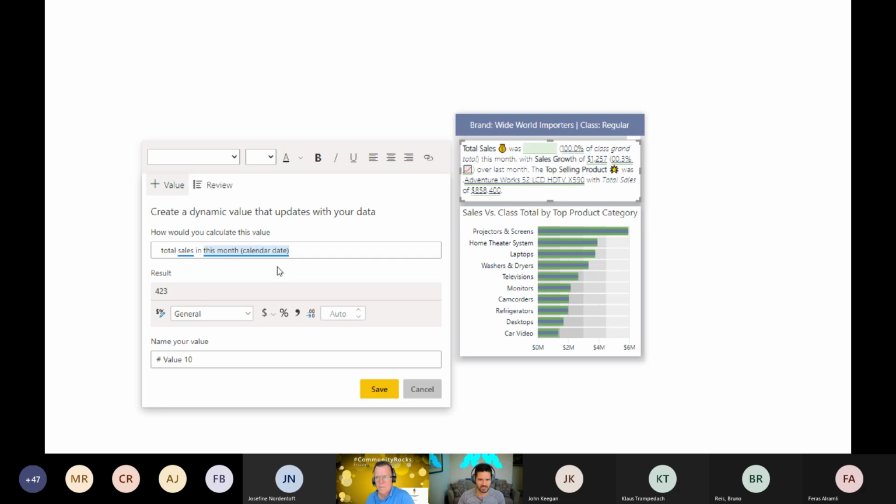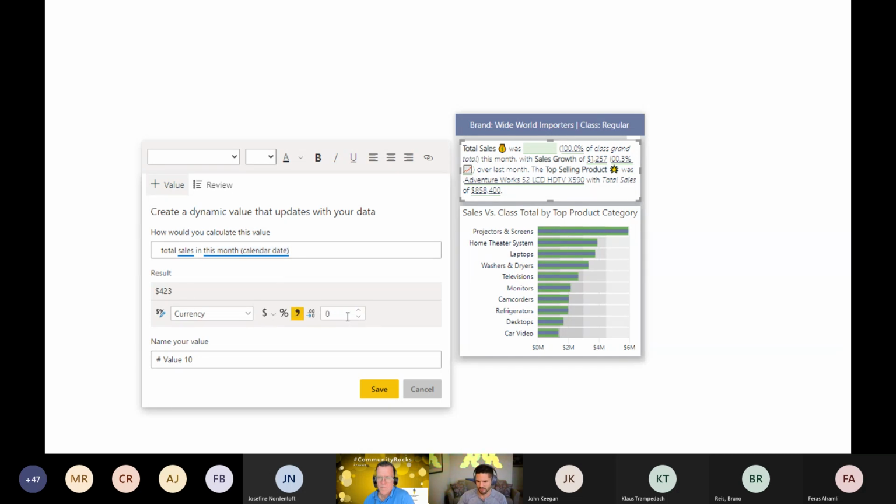And I'll play devil's advocate to say both and. If you create it in here, you're not going to have a measure to reuse again for this month. So if it is something that you would actually use more than once, where, just as an example here, I need sales in the current month, I would probably suggest just creating a measure in your model that is current month sales. That way you can reuse it again as a best modeling practice. But I'm just showing you that you can apply with Q&A additional filters to a calculation that can then be put into the card, the text box that's in here.